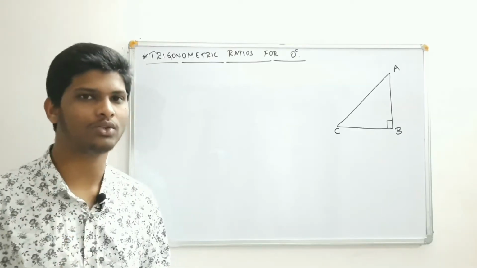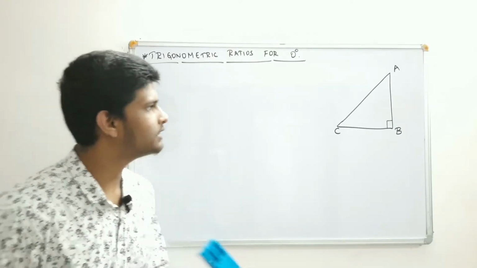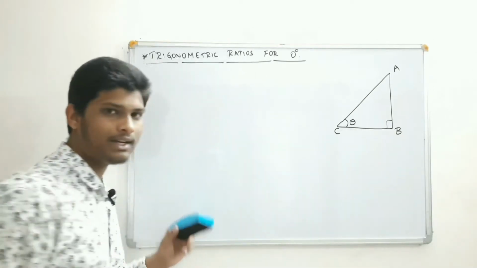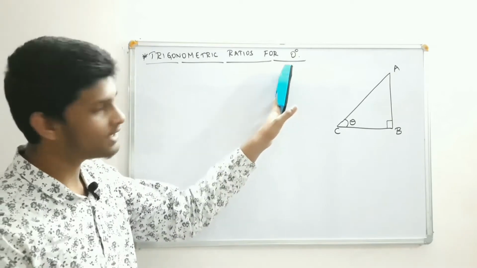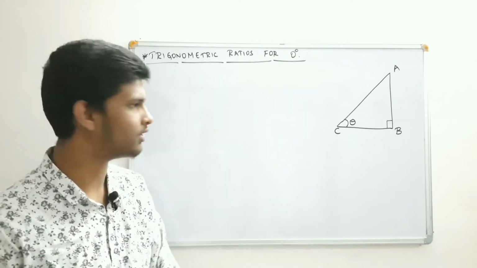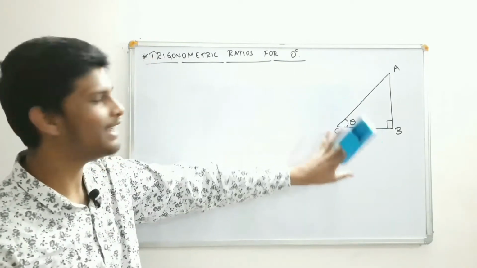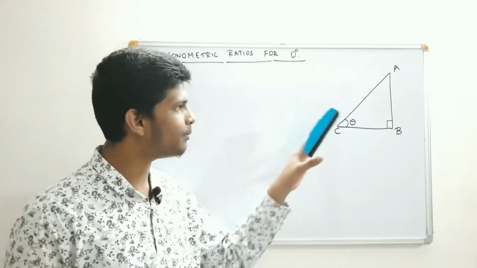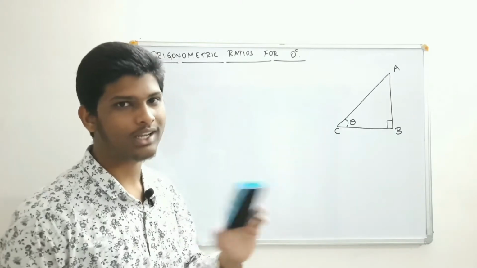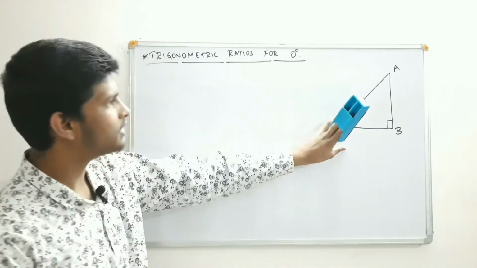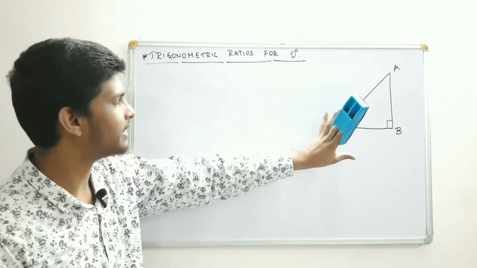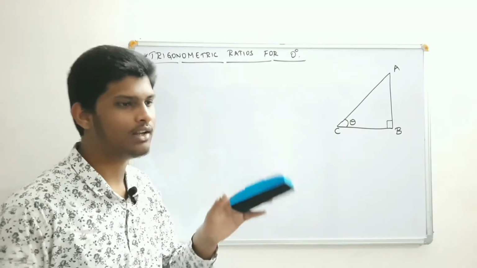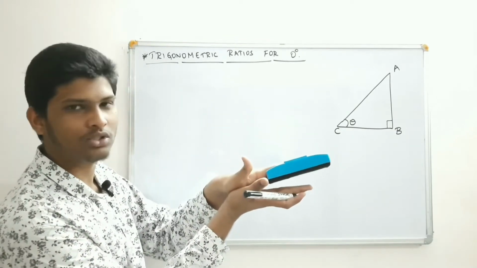First we'll find the values for the 0 degree angle. Let's consider this angle as theta, and here sin theta, cos theta, means for this case sin 0 degree, cos 0 degree. I know this is not 0 degree, we'll make it 0 degree and find it. Just observe this triangle. To make this angle theta 0 degree, we should decrease the angle.